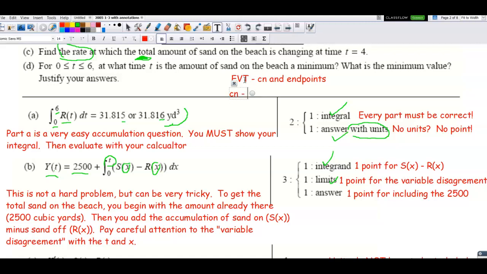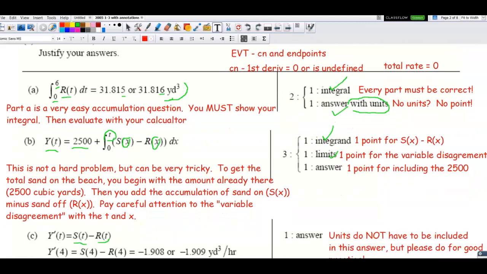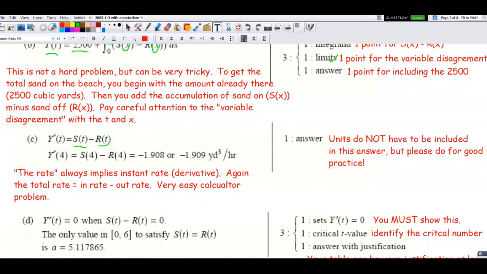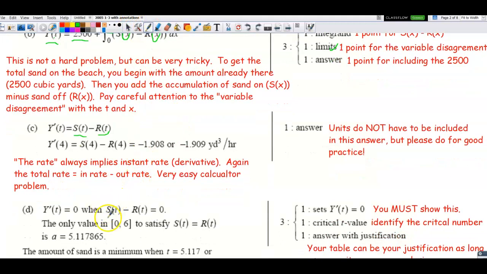As you know, critical numbers are where the first derivative equals 0 or is undefined. Now, because we're trying to figure out the amount of sand on the beach, we're going to need to set the total rate equal to 0. Now remember, we found the total rate in part C, so that's going to be on rate minus off rate set equal to 0. So the first thing I'm going to show my reader is that I know that I have to take the on rate minus the off rate set equal to 0, and I get 1 point